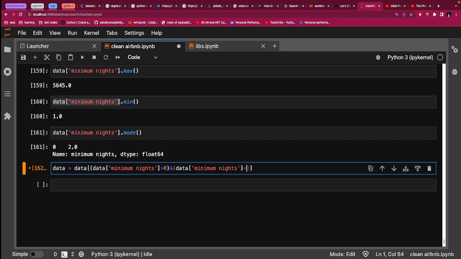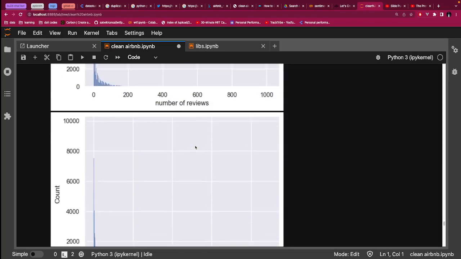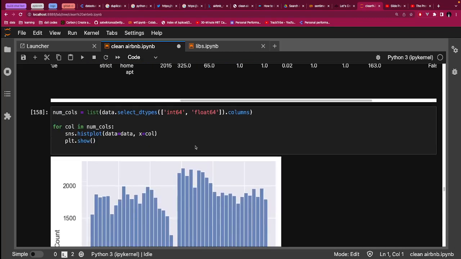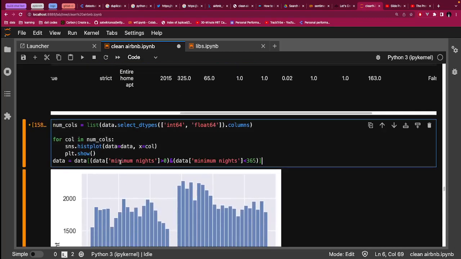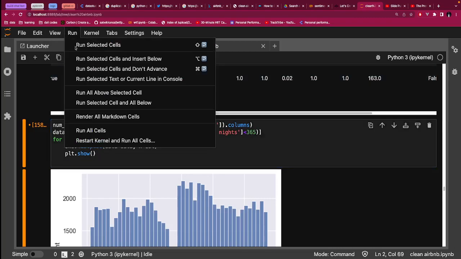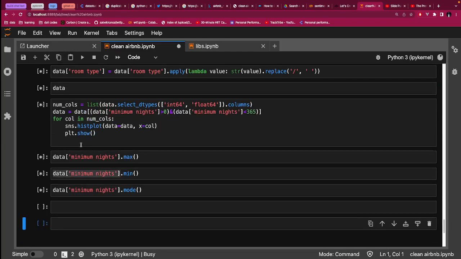Should be less than 365. Let's work with this. I'm going to move this code here before the plots. Here, then it should be before the plots. Here. Then when I run all cells,